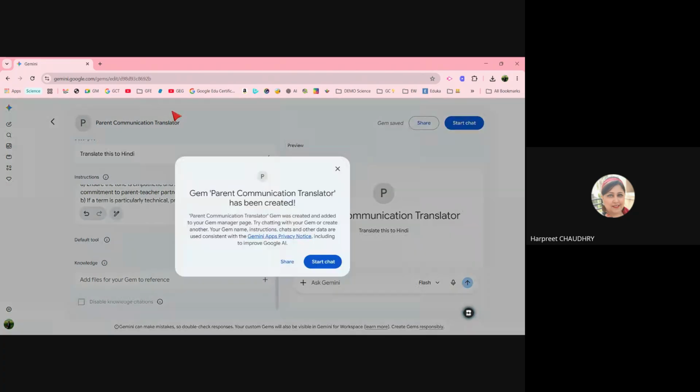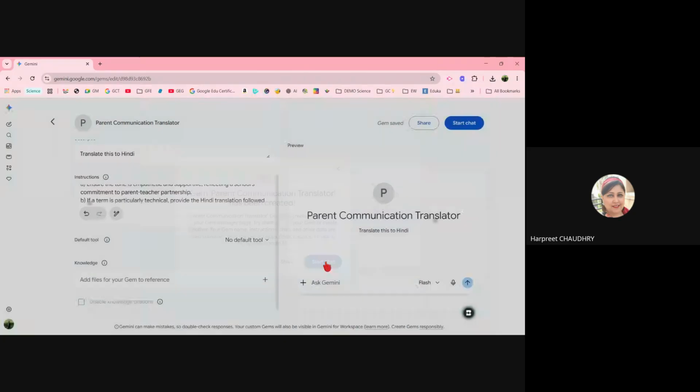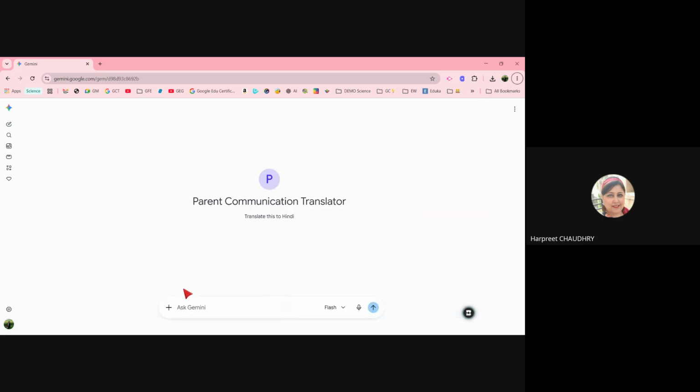Once this is done, I can start the chat. In the meanwhile, while I am starting and interacting with my gem, I'm going to paste my prompt right here in the chat box, in case you want to just change the Hindi to something else. Do give it a try. I am back to my prompt. Now I'm going to upload a circular.